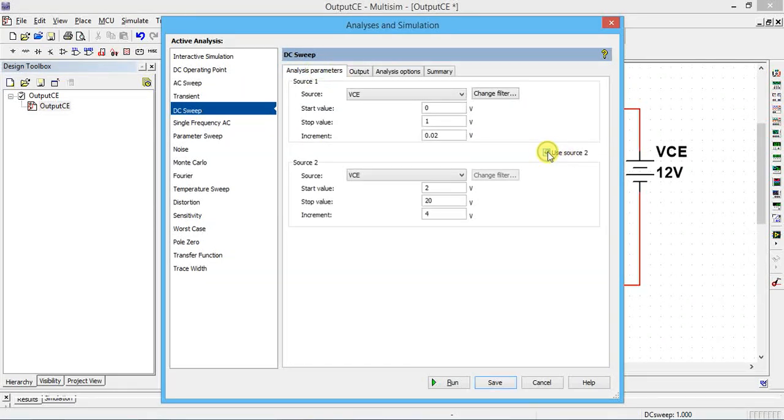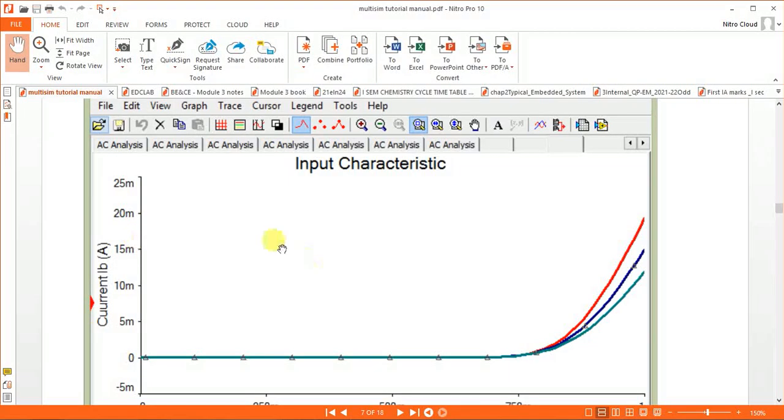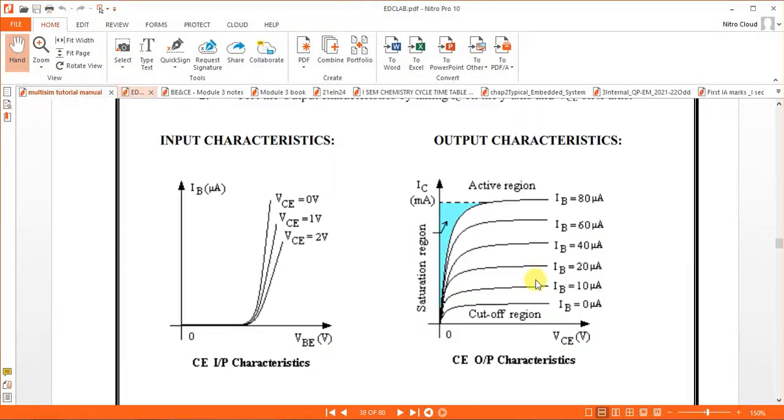So use the second source. Second source is what? I have to keep constant, which one? Current. So current is IB, and this current is varying from 0 to 80 microamps. So first value is IB equal to 0, next 20, 40, 60, 80. Final value I will take as 100 micro.